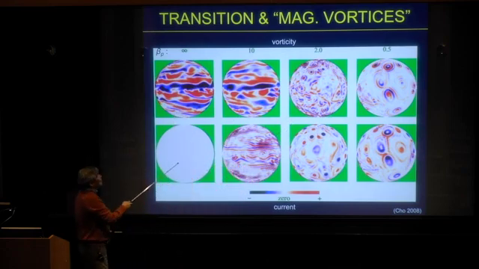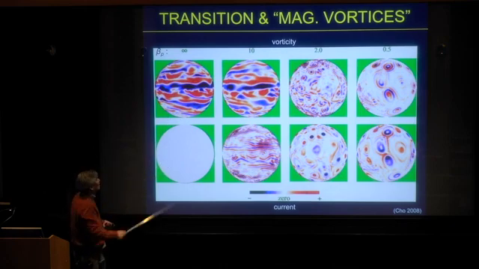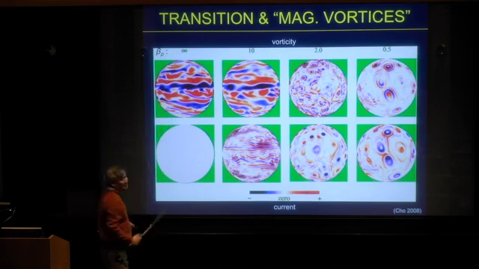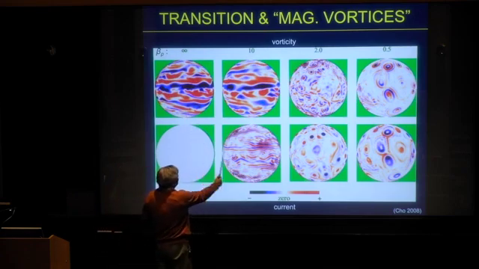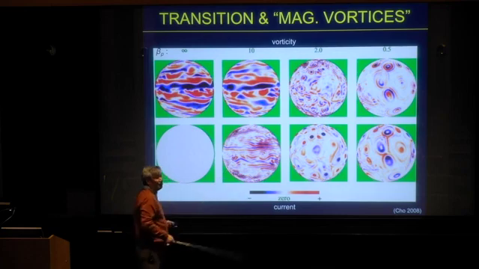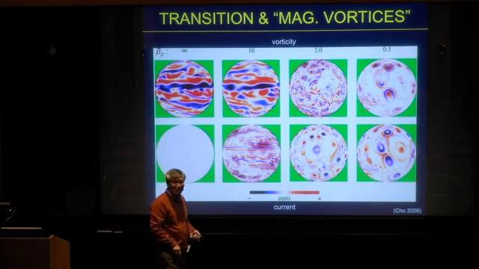Here, there's no current, obviously, because there's no magnetic field. This is a pure hydro calculation. If you rotate this sphere, you get lots of banding. It almost looks like Jupiter. As you introduce the magnetic field, the field acts like the good old frozen-in flow type, and it just